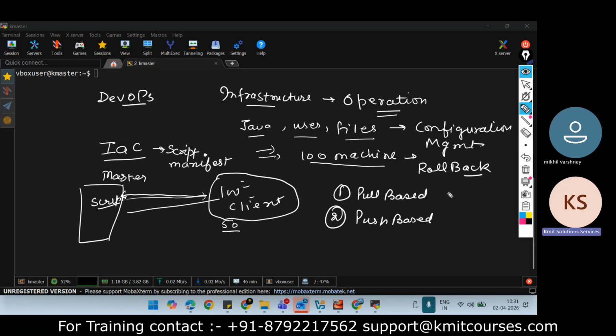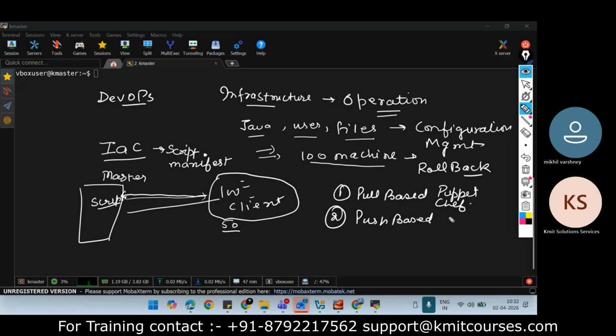For the pull based model, there are some configuration management tools, like Puppet. Puppet is one of them. Chef too. These are pull based, and these are the first two configuration management tools which were used in DevOps, somewhere around 2003 or 2004, they were in the market.